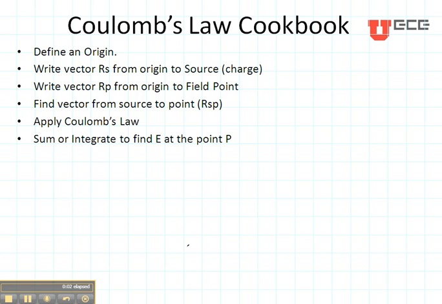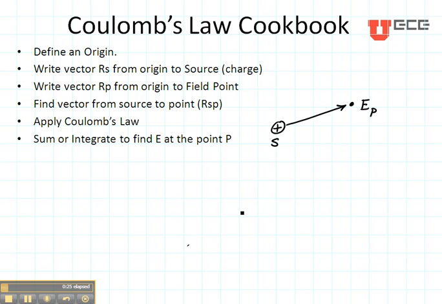Now let's talk about the simplest form of Coulomb's law and a general method for being able to solve Coulomb's law problems. Let's suppose that we have a point right here, and I'm going to call that S because that is my source, and that I want to find the electric field over here at some point P. That's my point. So I know that I'm going to be able to find it in this direction.